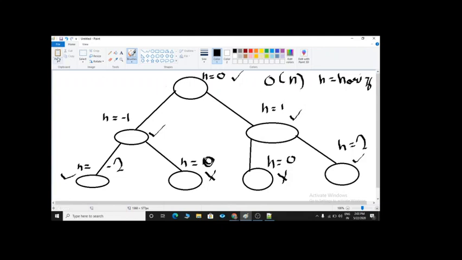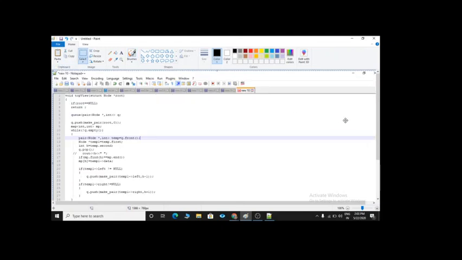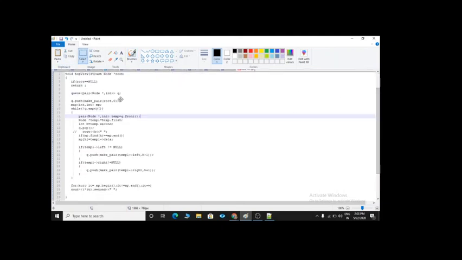Now you can see my code over here. Here, if the root node is null, there is nothing to do. This is the base condition. Now I have taken a queue. This is for storing the node and this is for the horizontal distance. I consider the root node's horizontal distance to be 0, so it should be 0 here.